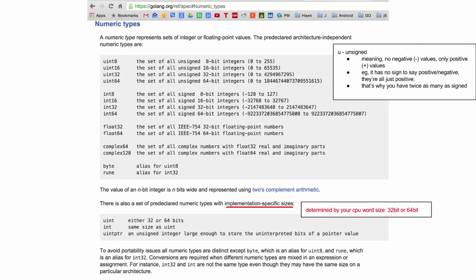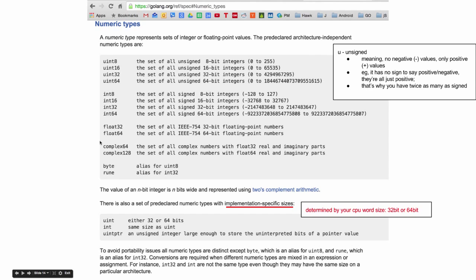Gentleman in the red hat, int, uint. What's the difference? Int is a signed integer, uint is an unsigned integer. Yeah, perfect. Signed means it's going to be positive and negative. If you're storing a byte, you've got 256 things you could encode. If it's signed, we could do 128 on the negative side and 127 on the positive side and include 0. But if it's unsigned, we could go from 0 to 255. And so that's the difference between int and uint.